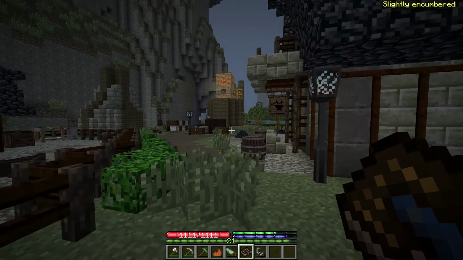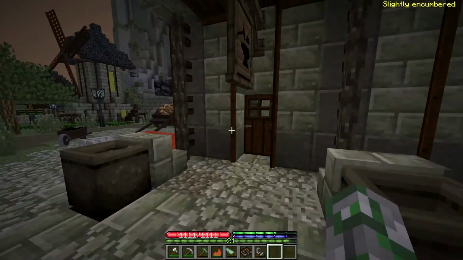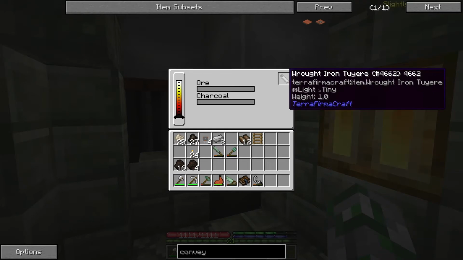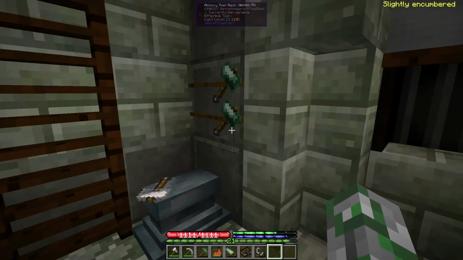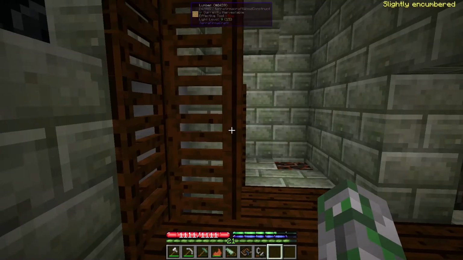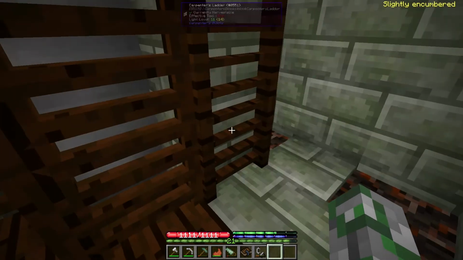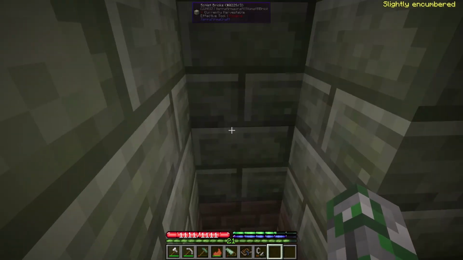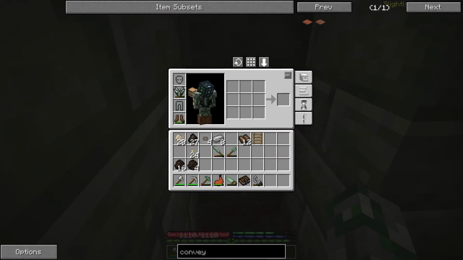So, I've done a bit of preparation work here. I've made myself a tuyere, and I'm going to start making some steel up. But before I have to start making all of the steel I need for those hoppers and all those parts, I'm going to automate this thing a little bit. Before I can do that, I need another hopper. So let's see, what do we need? We need